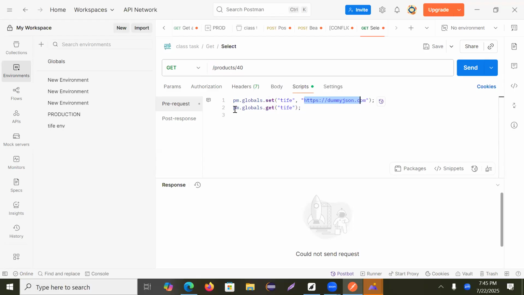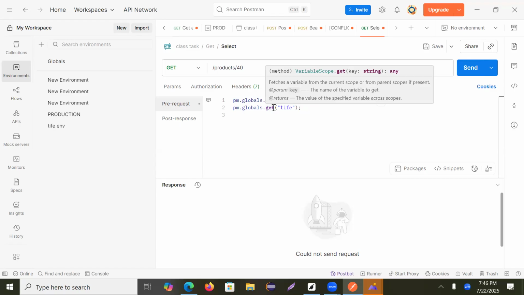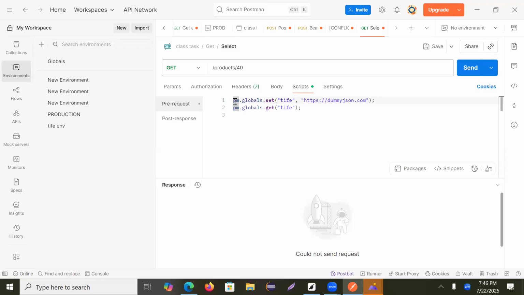So how do we do that now? You have the pm dot. This script will actually help us to set our variable, either global, environment, or collection variable. And we will use this get to actually get the results. Now, let me just hold this, the base URL equals to